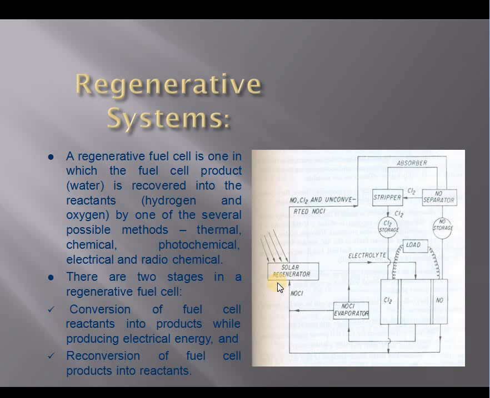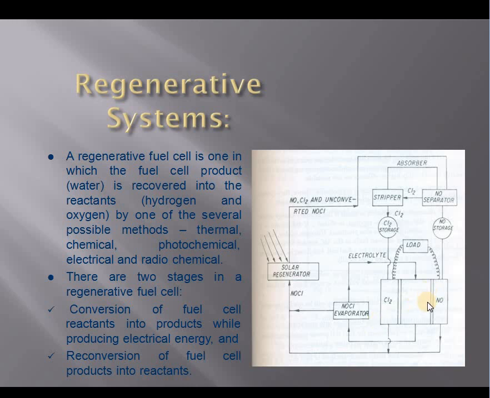The next is the regenerative system. First, let us understand what a regenerative system is. A regenerative fuel cell is one in which the fuel cell product, water, is converted back into hydrogen and oxygen by several possible methods: thermal, chemical, photochemical, electrical and radiochemical. So there are 2 stages of regenerative fuel cells. First is conversion of fuel cell reactants into products while producing electrical energy, and the second is reconversion of fuel cell products into reactants. So if you see from this diagram,